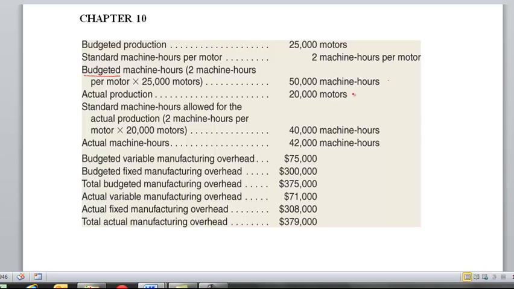We're told actual production is 20,000 motors, and this is important. Our standard machine hours allowed for actual production is taking our actual motors of 20,000 times the standard input per motor of 2 machine hours, and we get 40,000 machine hours. This 40,000 machine hours is what we call standard quantity. Standard quantity, as well as you can see here, our actual machine hours,